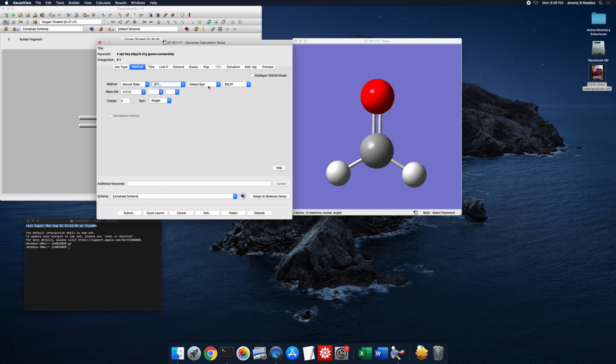Keep the default spin, and then here, this is where you choose different flavors of DFT methods. And the one that we're typically going to use, the one that's recommended in Exploring Chemistry with Electronic Structure Methods, is this APFD. The A, the P, and the F are the first letters of the last names of the authors of this density functional theory method, and then the D, I believe, stands